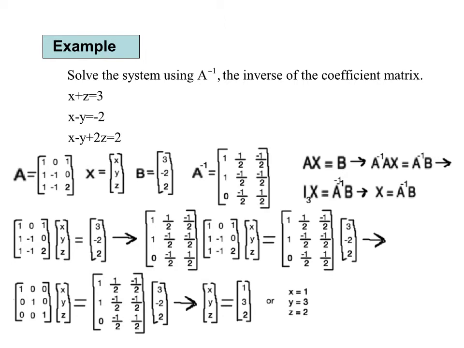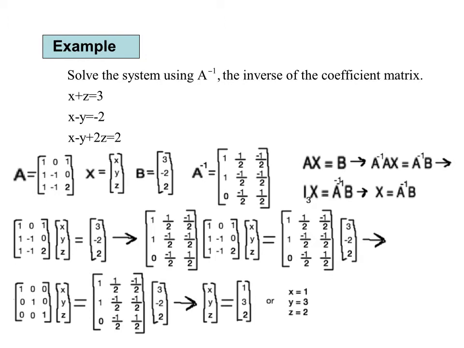Okay, now we go through this with the actual matrices to have A times X equals B, then multiplying by the inverse to have A inverse times A times X equals A inverse times B, and then that simplifies to being I_3 times X equals A inverse times B, and then we perform the multiplication of A inverse times B to get the matrix 1, 3, 2,